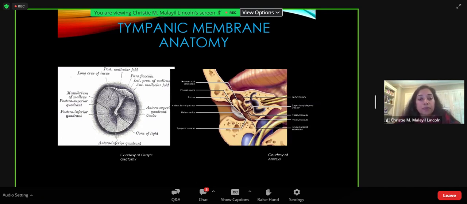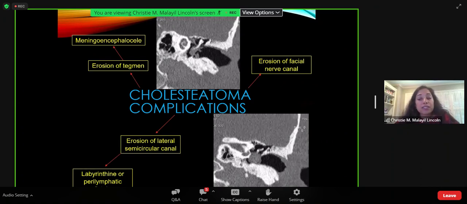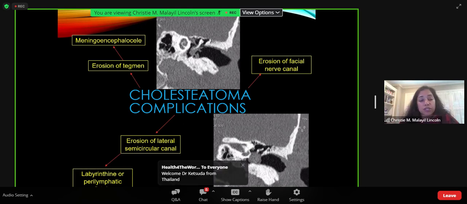So the cholesteatomas, there are complications that can occur. This is why you need to be aware of this diagnosis to be able to diagnose it on CT imaging, especially. You can also diagnose it on MRI because they also restrict on diffusion, and MRI is useful, especially in those patients who've had surgery before, and there's a concern that there's a cholesteatoma brewing inside